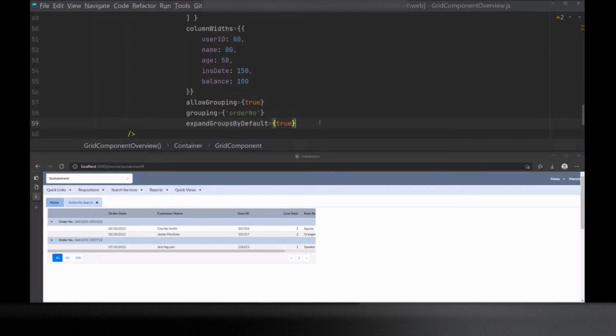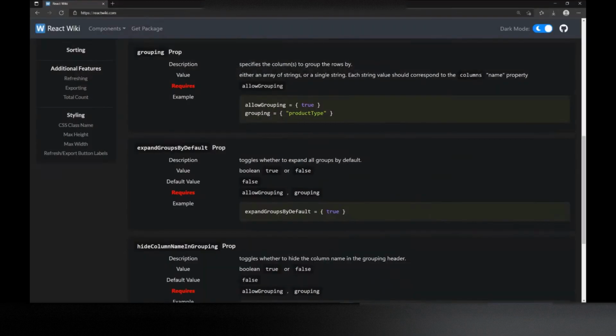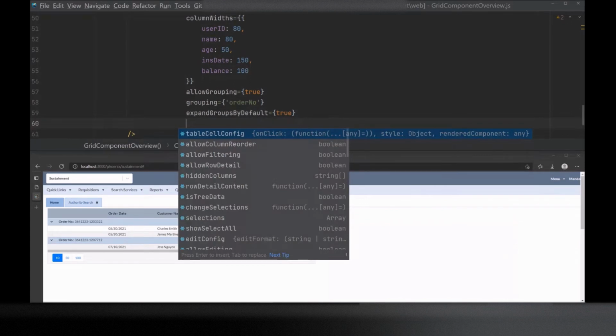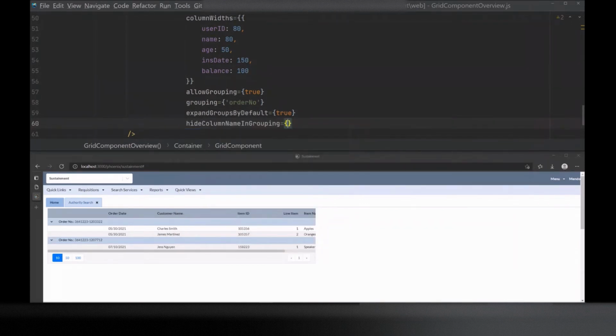So another thing you can do is, let's say for some reason you don't want the column name as part of the grouping header, you can use this property called hideColumnNameInGrouping and just set it to true. If we do that, what will happen is this order number will disappear